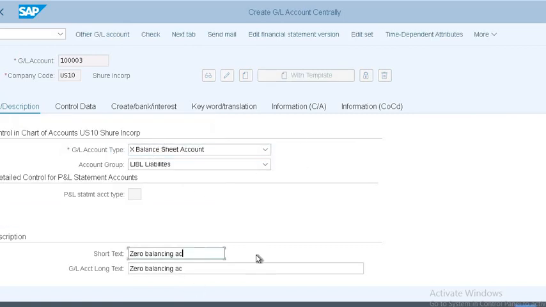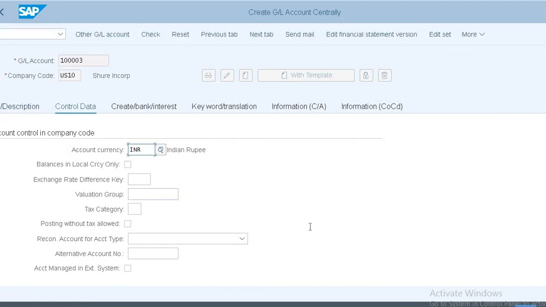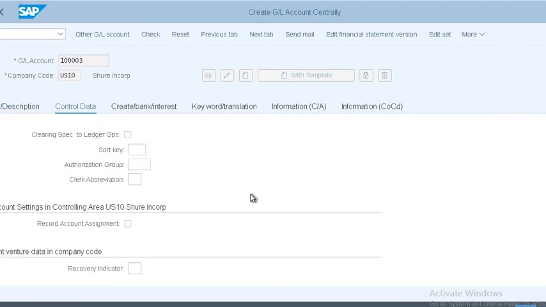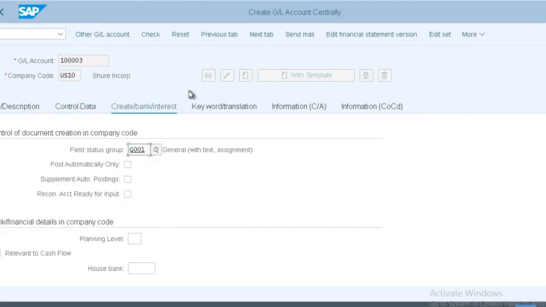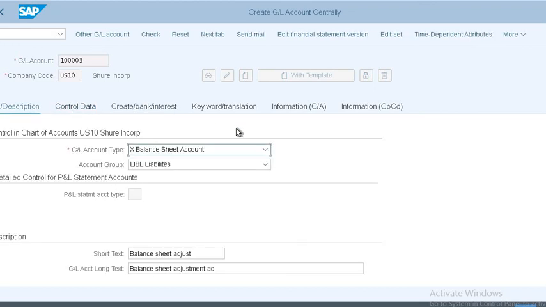This is a balance sheet adjustment account. Okay, now we created it. Save.